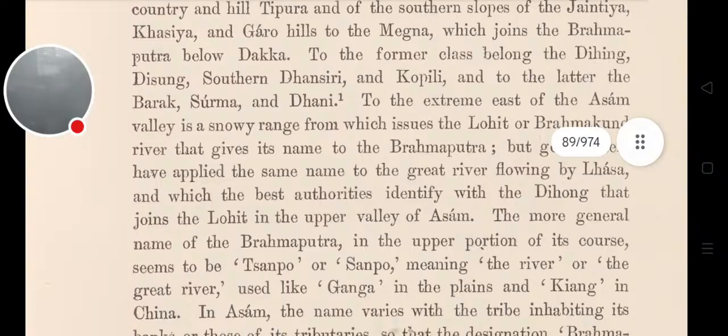To the former class belong the Dihing, Disung, Southern Dhansiri, and Kopili, and to the latter the Barak, Surma, and